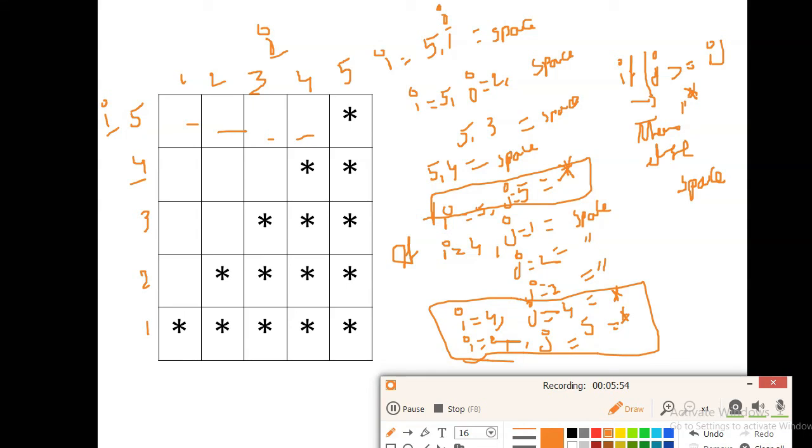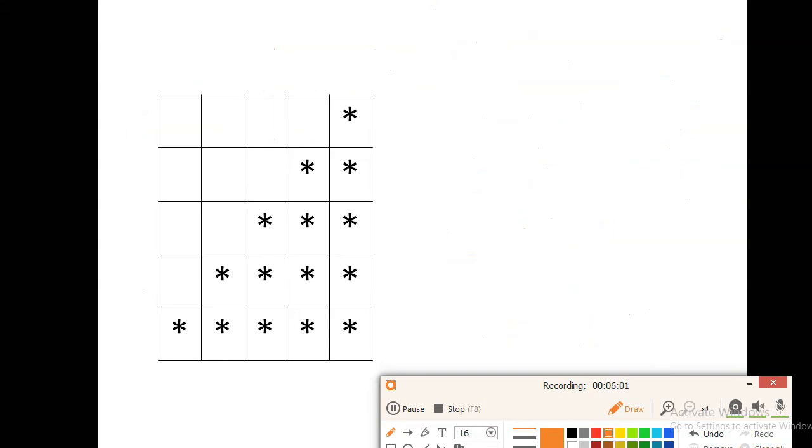Like this, we are done with the analyzing. So here I am using two for loops and one if else condition.